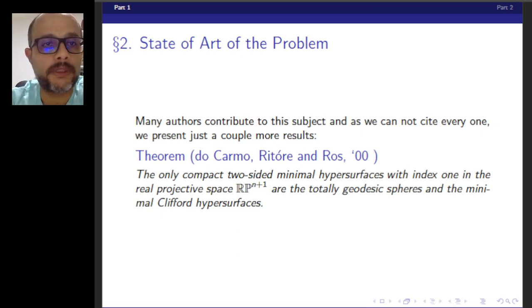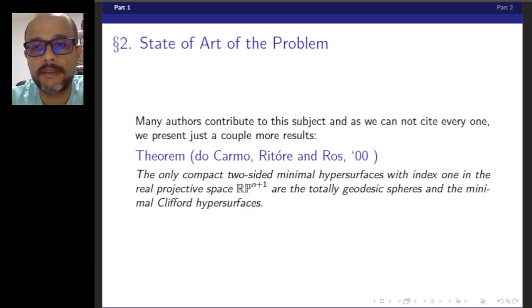In this paper, they prove that the only compact two-sided minimal hypersurfaces with index 1 in the real projective space are the totally geodesic spheres and the minimal Clifford hypersurfaces. It's a nice result. They were able to describe exactly the hypersurfaces with index 1,